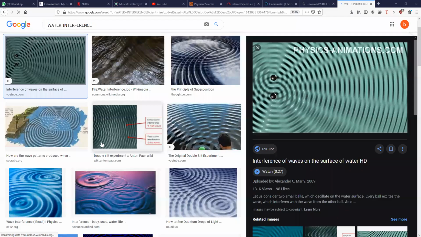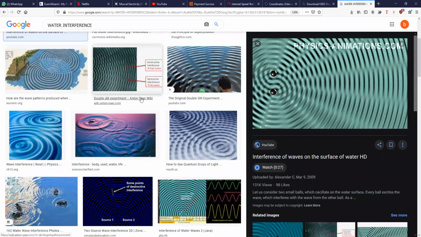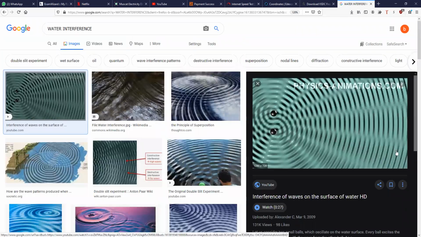Let me pause the video. So look at this over here. These are some examples of interference occurring in our water waves. You can see yourself, look what's happening. This is constructive. Can you see this constructive? And in between, can you see this calm region? This is destructive. And this is constructive. This is constructive. In between you have a destructive region. Understood? Water interference. Everybody got this? Okay, fine then.